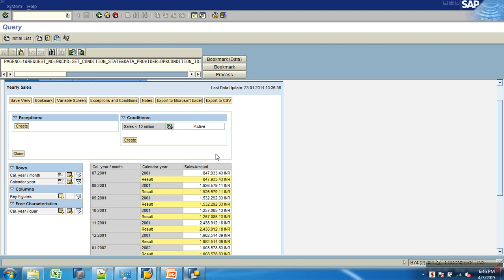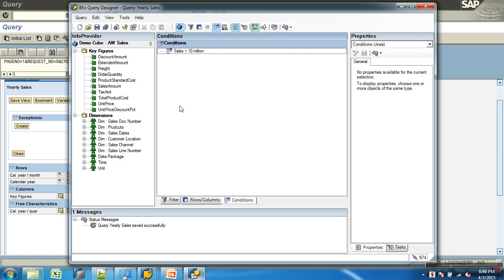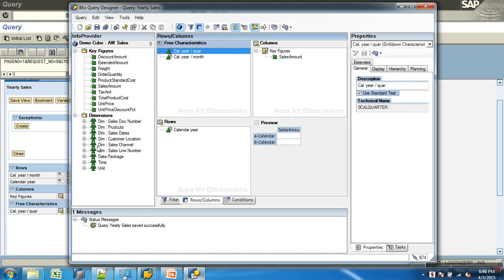Then what? Let's say I want to build top 10. I want to build a top 10 customer report. But I want this condition to run only when it is built on customer only. Okay, so I'll do that. So we can use conditions to build top 10. Now I'll do what?